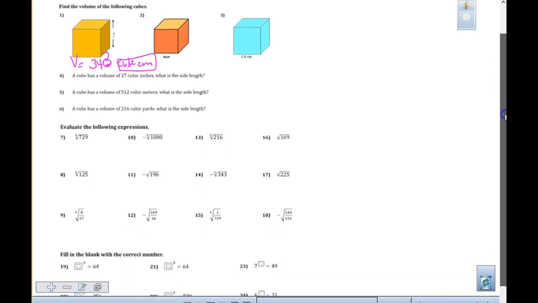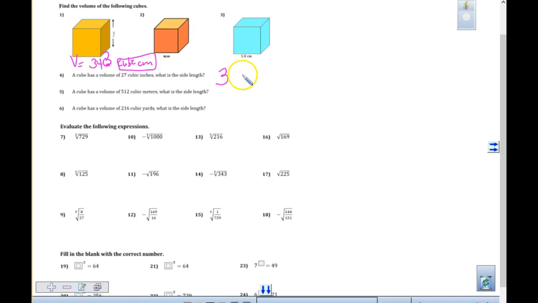The other thing I noticed is that here, when it says the volume is 27, I had people tell me the side length was 3, and then they put cubic inches. The length of this side is 3 cubic inches. It can't be 3 cubic inches. Does that make sense to you? It has to be 3 inches, right? When it's 512, we were looking at 8